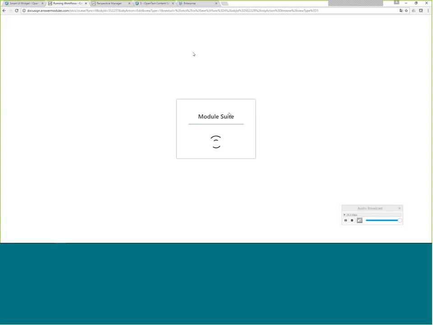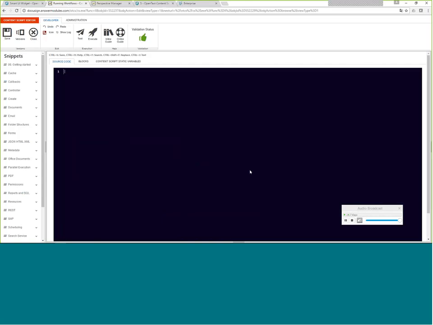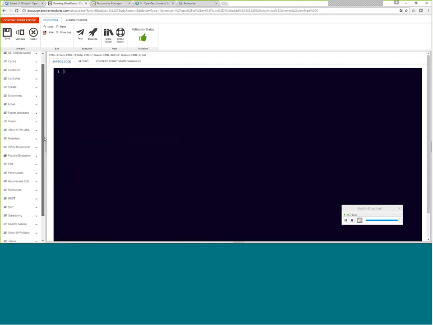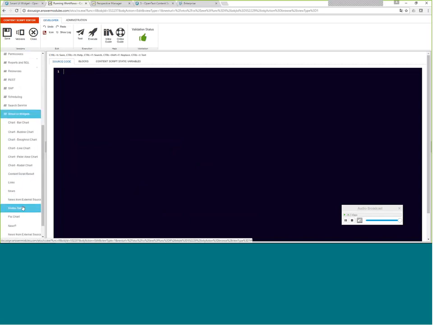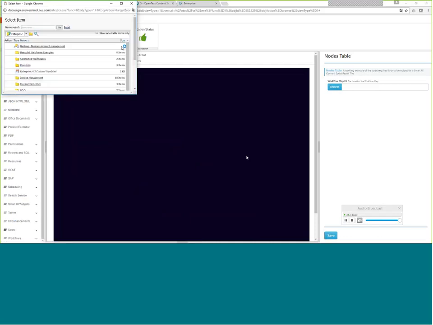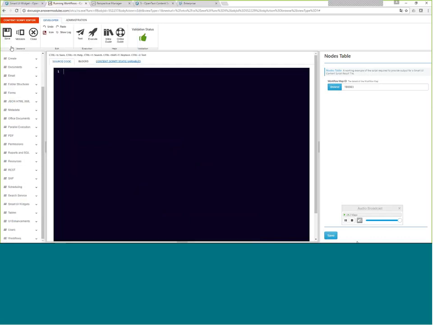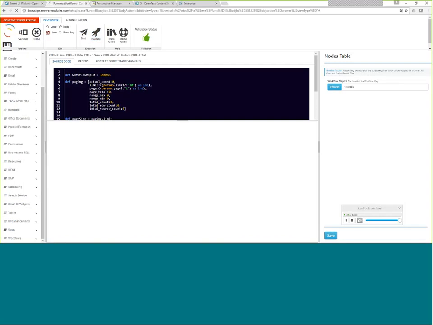Obviously, as for many other things in ModuleSuite, you don't have to start from scratch. What I have here is a script that has been automatically created from a snippet in my library. I can select a node table snippet, and the node table just asks me for the workflow map I'd like to use for displaying the tasks, and then I just save it. Okay, save it, and that's it. I can test the result in this view,